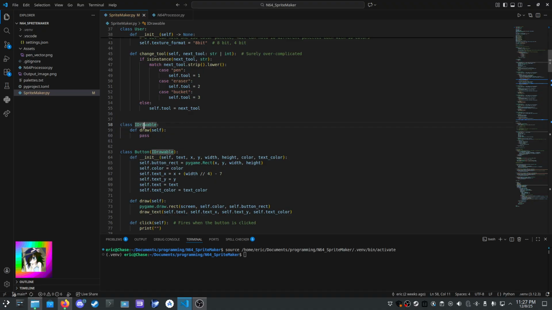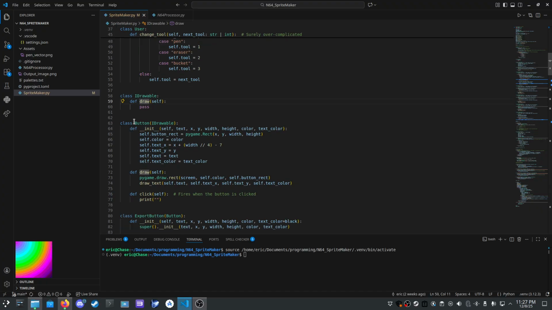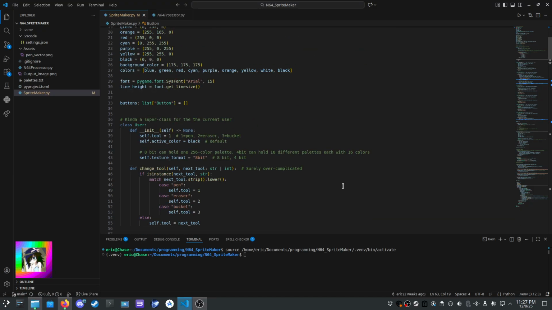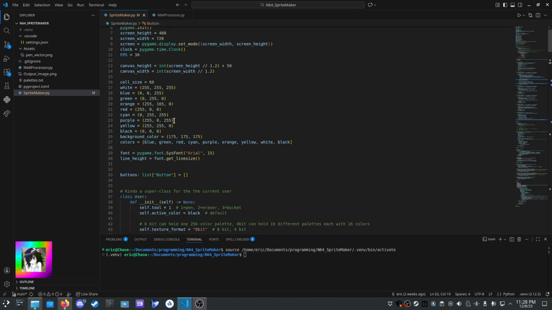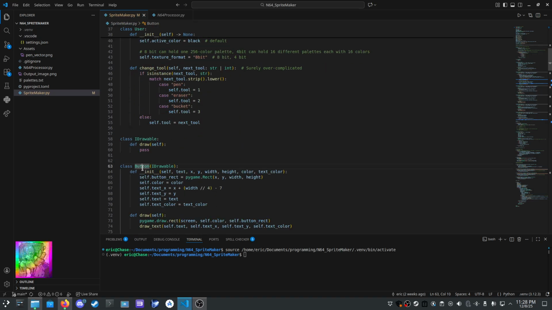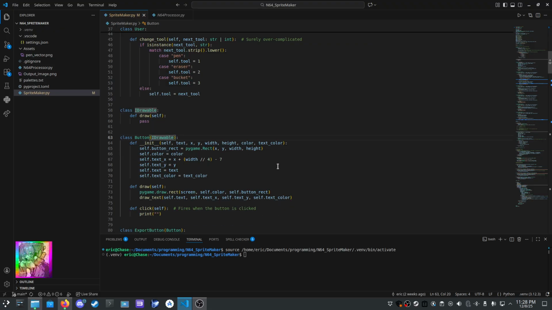This is basically just saying that anything that we're going to derive from iDrawable will be drawing. We'll have a method draw. And here's our first one. Wow! Button class, and it derives from iDrawable. So this tells the reader, the scripter, wow, I'm in this fun thing. I'm so excited to work. Look at all this awesome stuff. Wow, I wonder what button is. Oh, it's an iDraw. Oh, so it's gonna be drawing to the screen. It is literally anything that will ever be drawn to the screen will in some form derive from iDrawable.